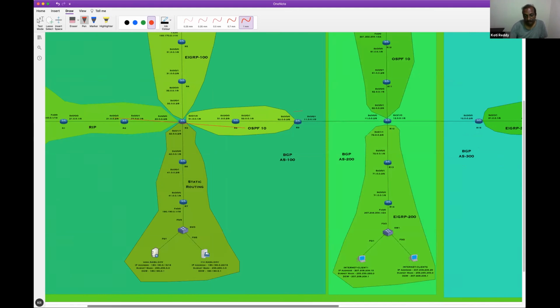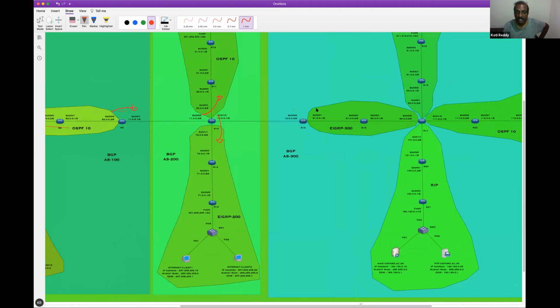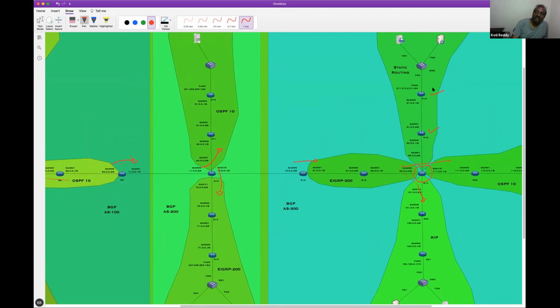So what did I do? I redistributed from OSPF into BGP here, BGP into OSPF here, BGP into EIGRP here, and again here from BGP into EIGRP. That's all. And on R7, already you have done redistribution from EIGRP into RIP and EIGRP into OSPF. They already gone till here. And there's no need to send this because you already had a default route in the routing table R18, 19, because there's static routing here. We don't have to send this side also, right?